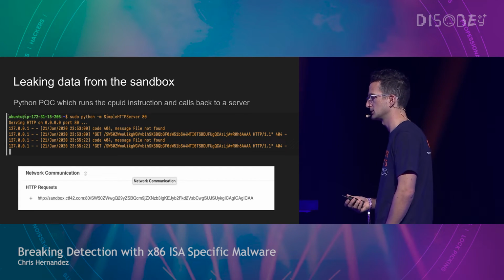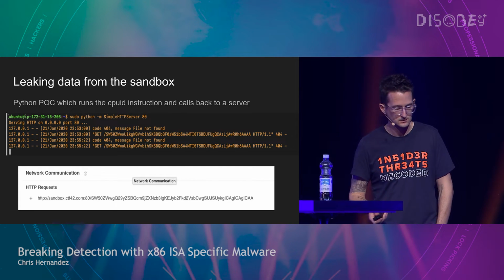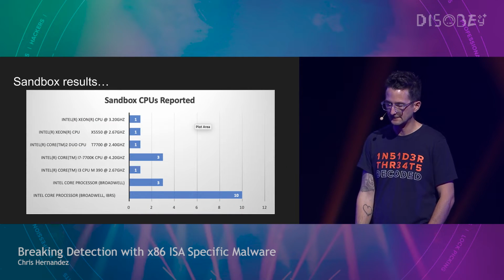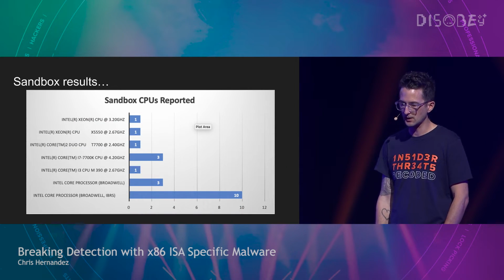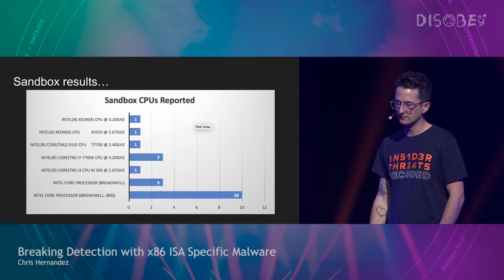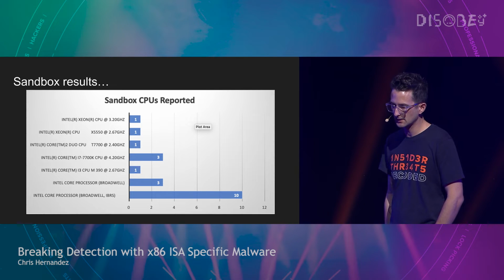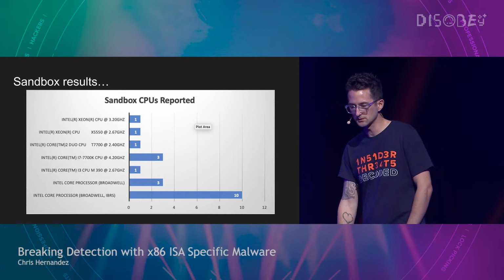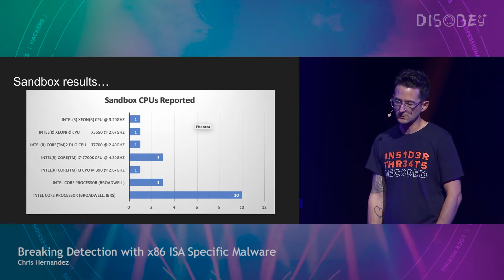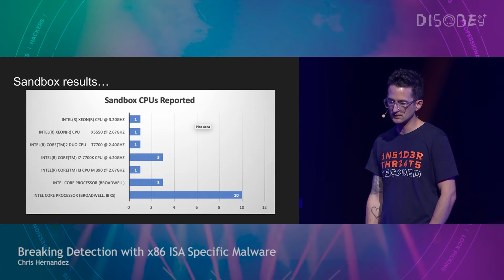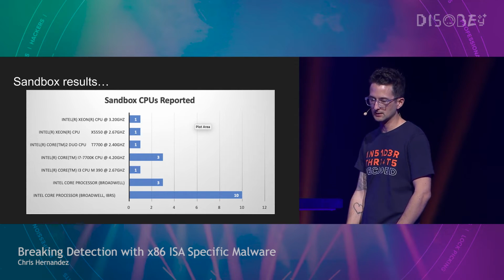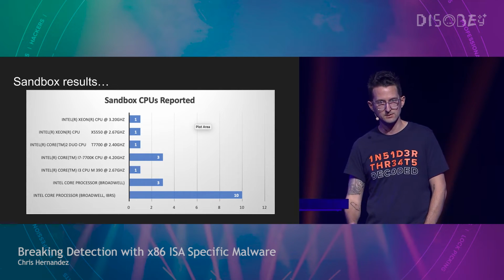So we made this sort of proof of concept payload and sent it to VirusTotal to see what we could get back. And these were our results. The number of sandboxes that executed our malware was a pretty good amount, and for the most part, they were roughly running the Intel Core processor. We didn't deduplicate it, so I think actually that bottom column is the same sandbox running it